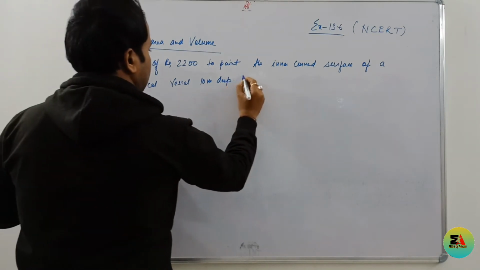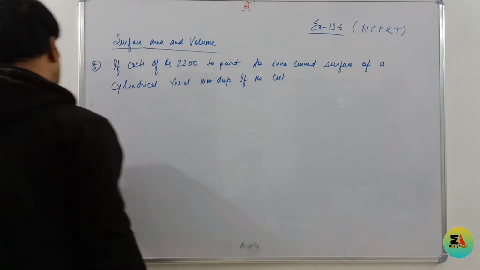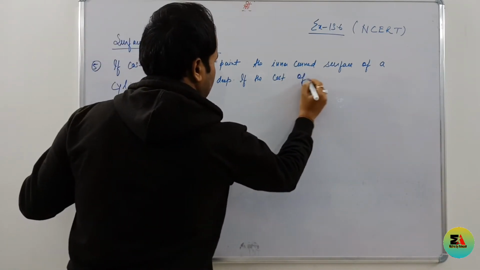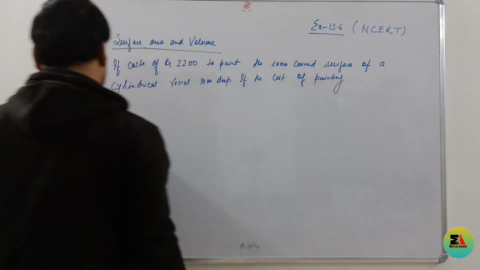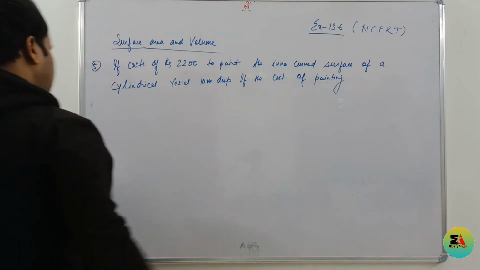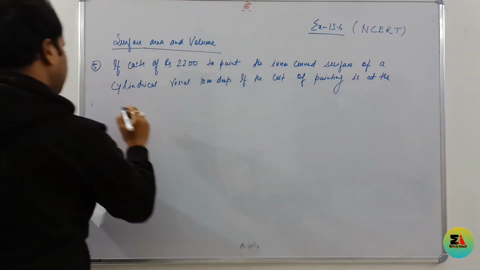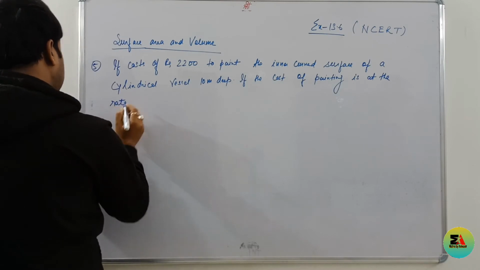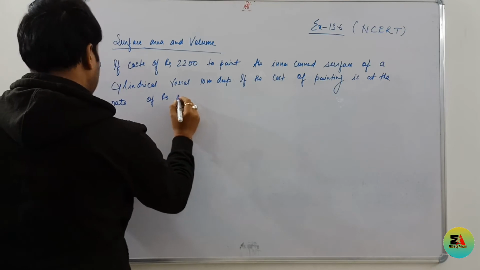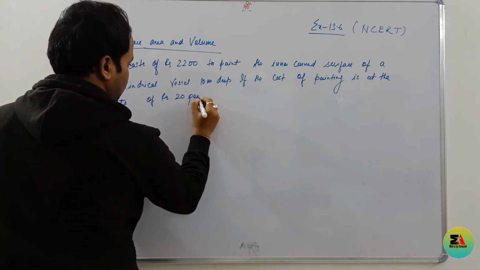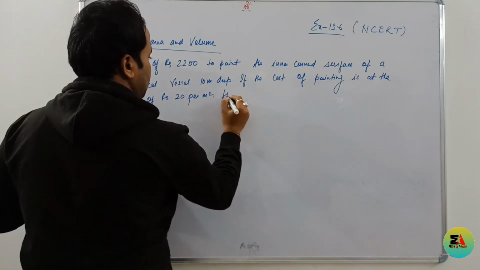If the cost of painting is at the rate of rupees 20 per meter square, then find